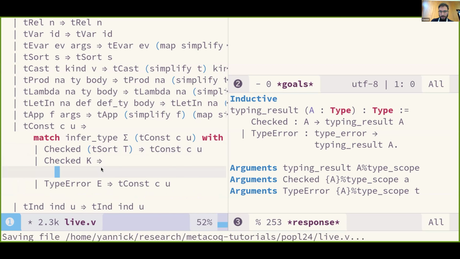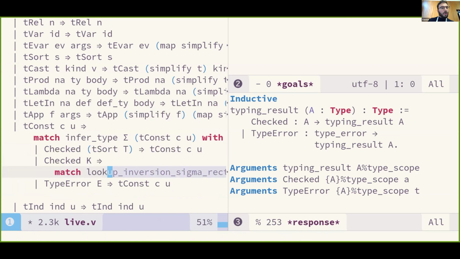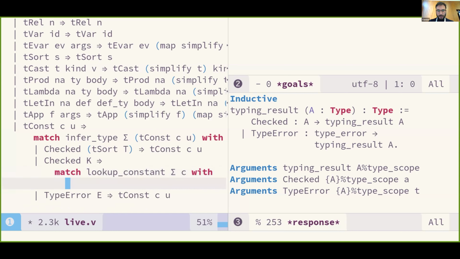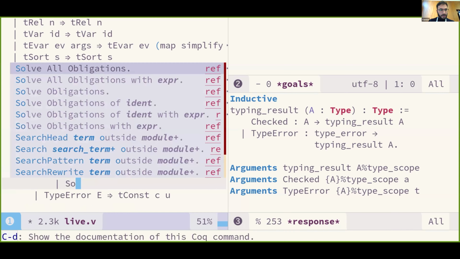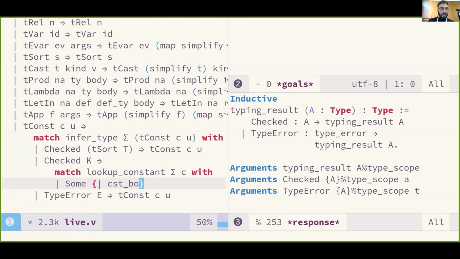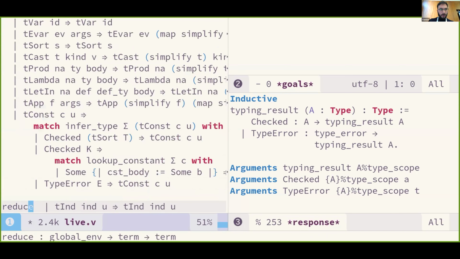Whatever. If it comes back as K, then we want to look up the constant in the global environment. And if this gives us something where the constant body actually is there, and it's not an axiom, because that's also relevant later: in the global environment, you can either have constants that have a body, those are definitions, or that have no body, those are axioms. If we come back with a constant body that has something, we are going to reduce